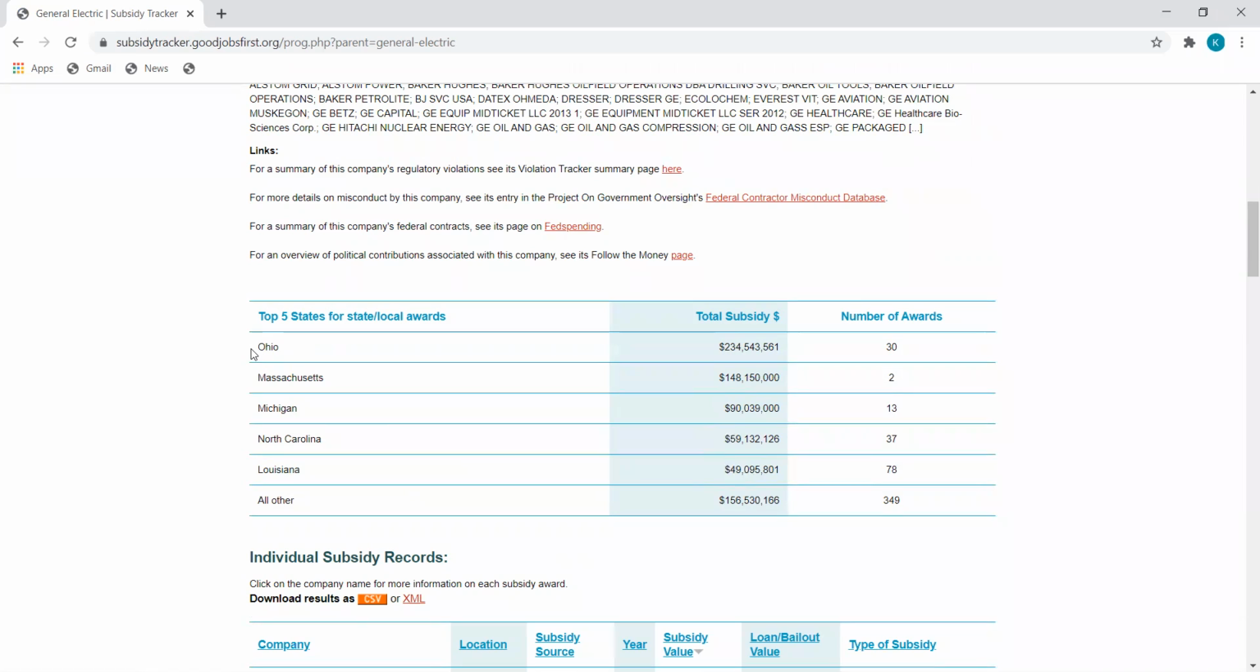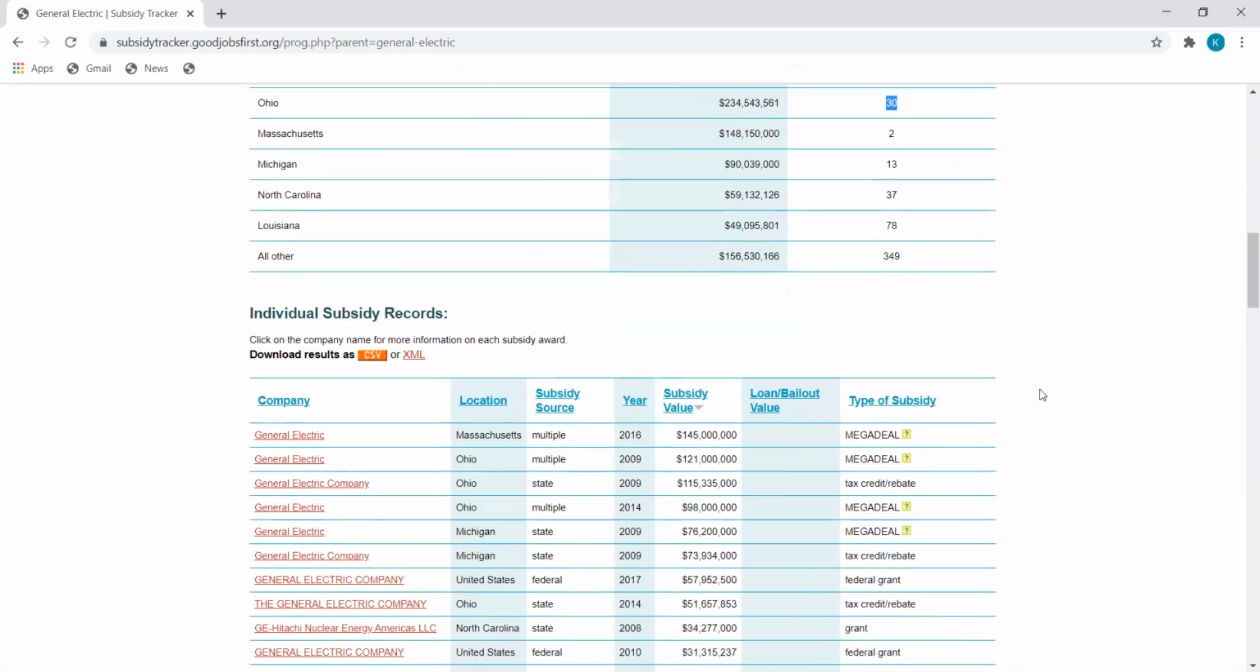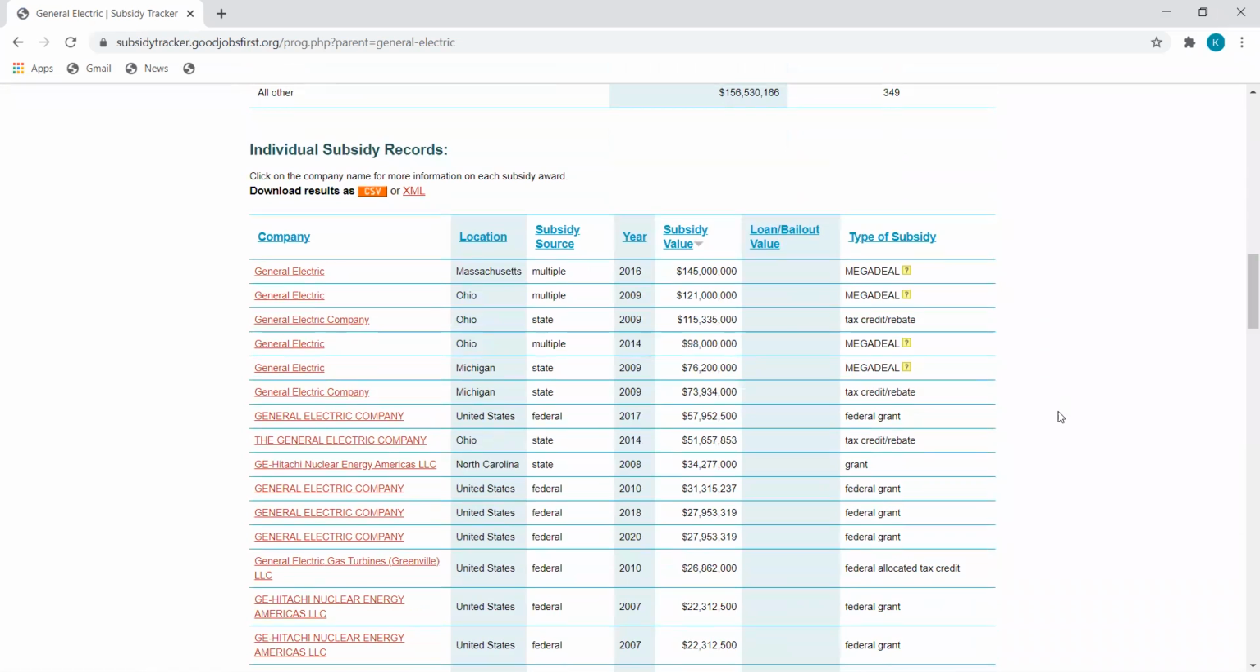So you will see that for this company, for General Electric, Ohio is number 1. Ohio provided over $234 million for this company. And we have 30 awards or entries in our database for this company. When you scroll down, you will receive a table with individual subsidy records or individual awards. So I will show you now just a typical